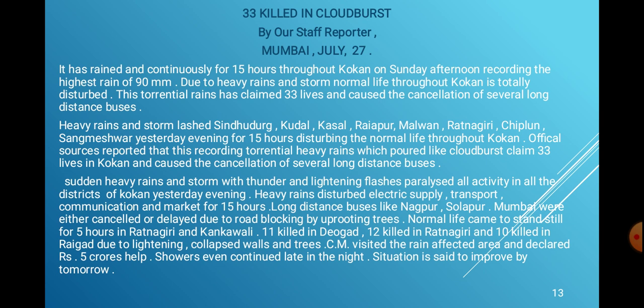11 killed in Devkot, 12 killed in Ratnagiri, and 10 killed in Raigad due to lightning, collapsed walls, and trees. The CM visited the rain affected area and declared rupees 5 crores help. Showers continued late in the evening and night. The situation is said to be improved by tomorrow. So in this way we can understand